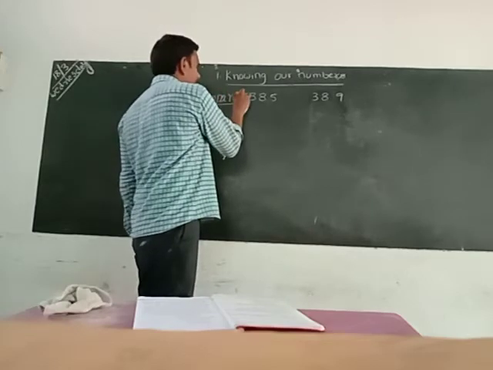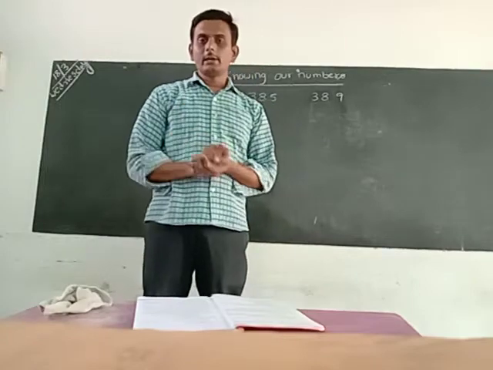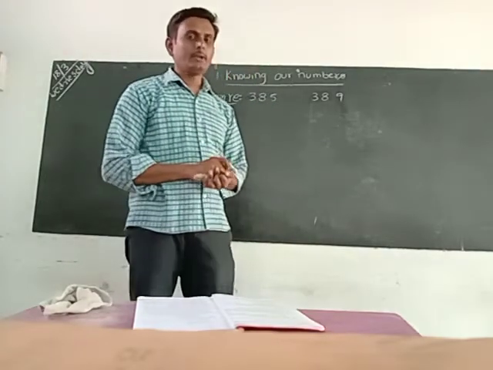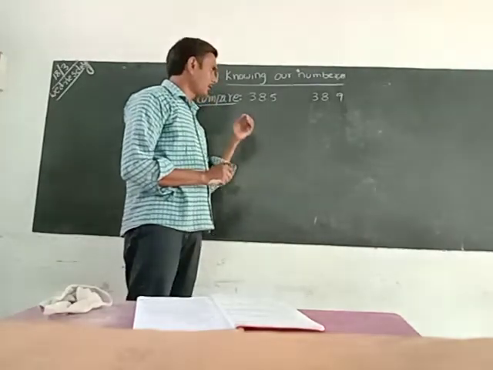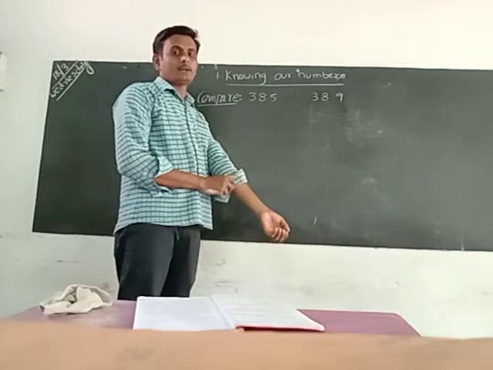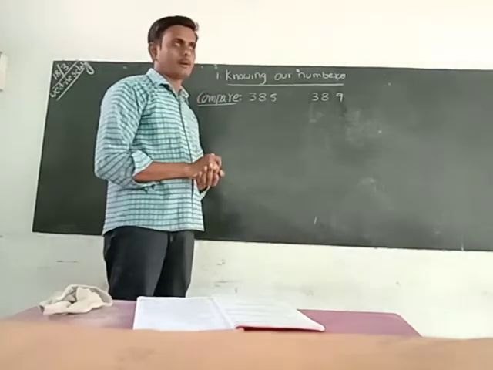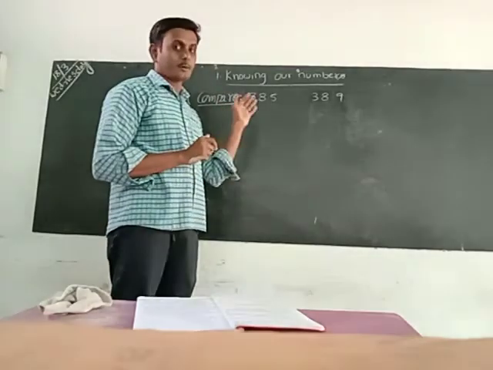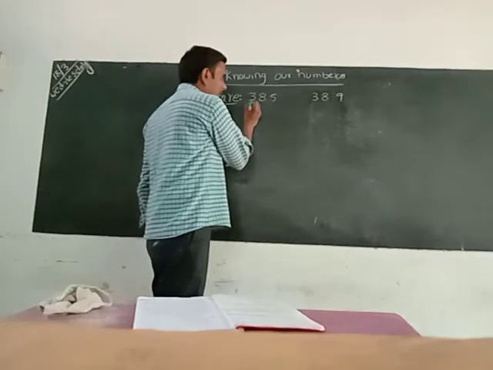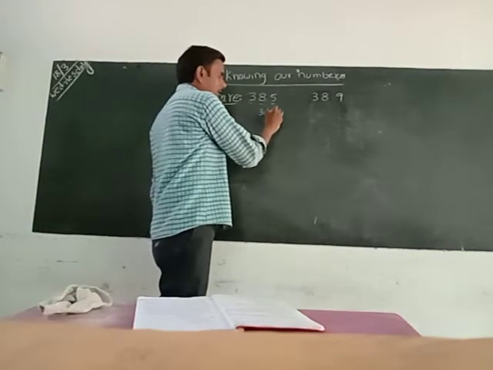Whenever you want to compare, before going to the comparison, first identify the number of digits in each number. How many digits are there in each number? First identify. By using that, we can sometimes compare. Rarely it is not possible, but sometimes it is possible to compare by counting the number of digits. How many digits are here? 1, 2, 3. 3 digits are here.